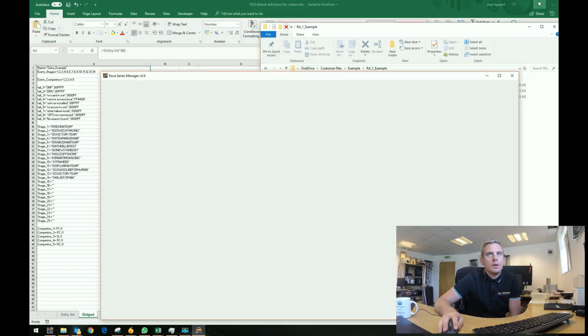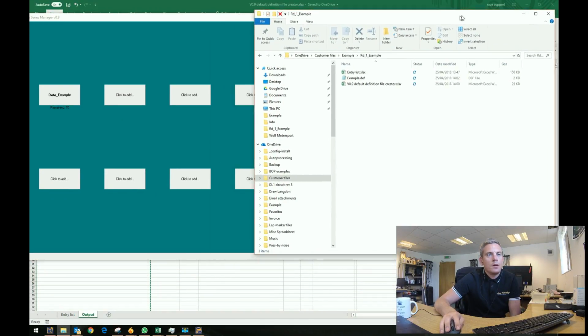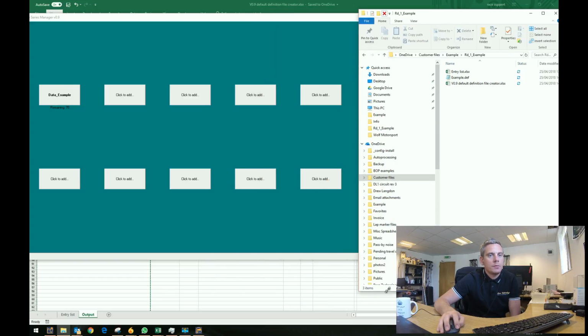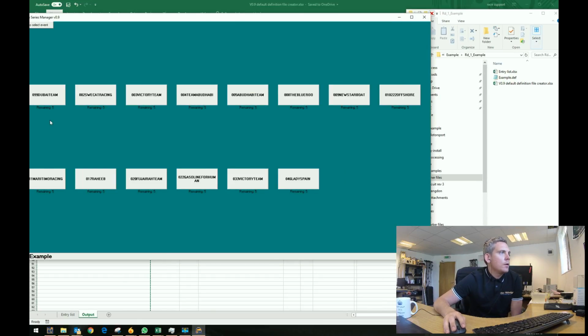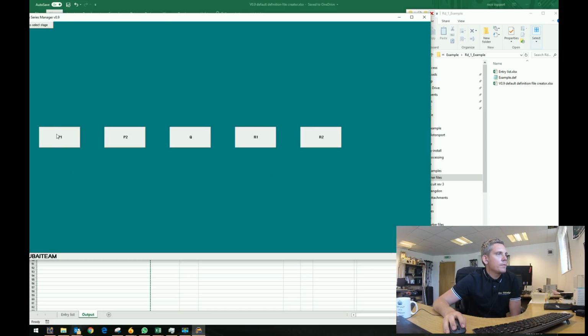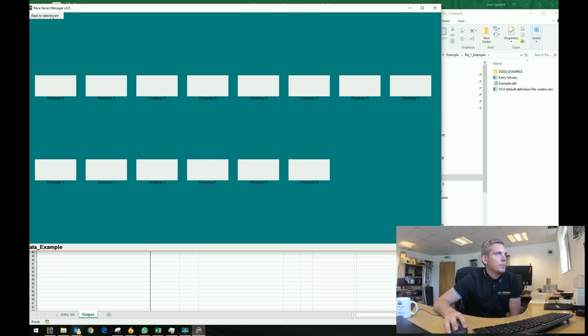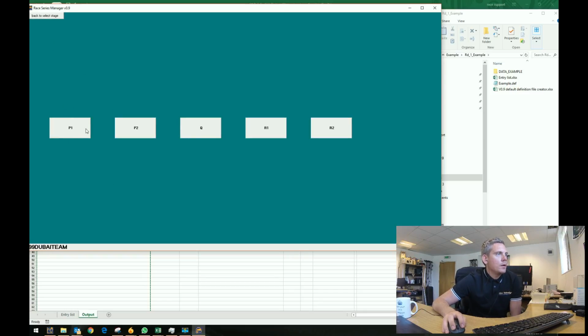If I minimize this so we can see the directories and the Race Series Manager at the same time, as an example, if we go on Boat 99 Dubai,